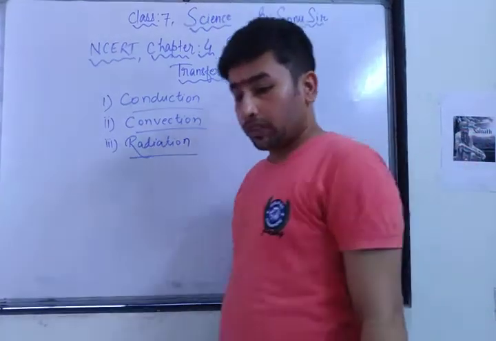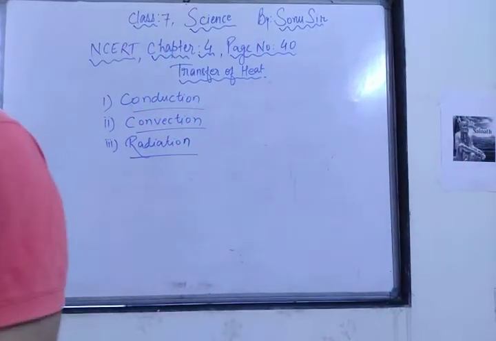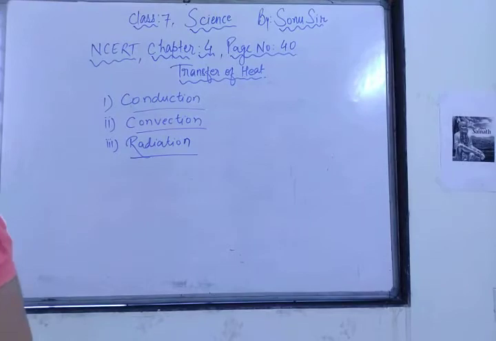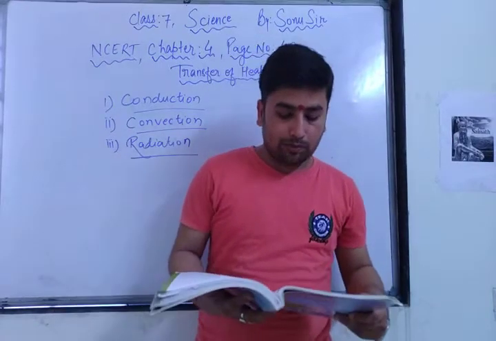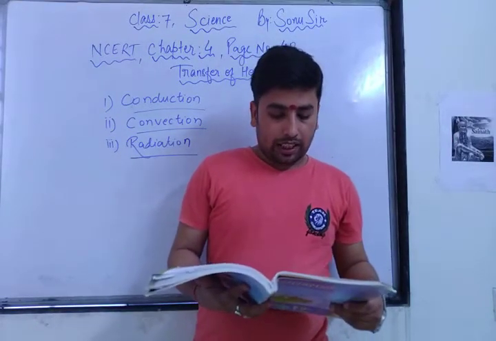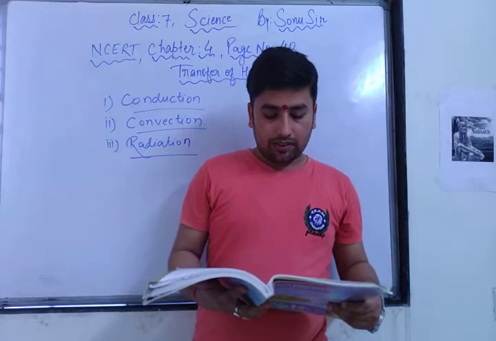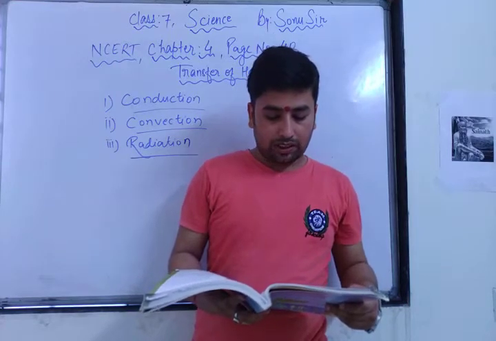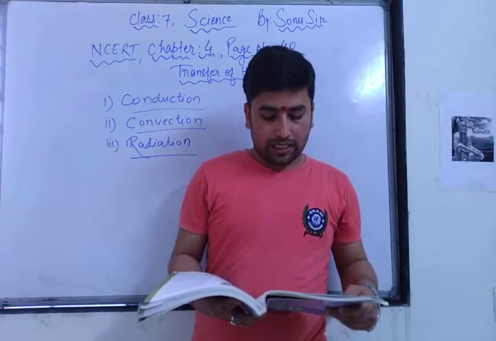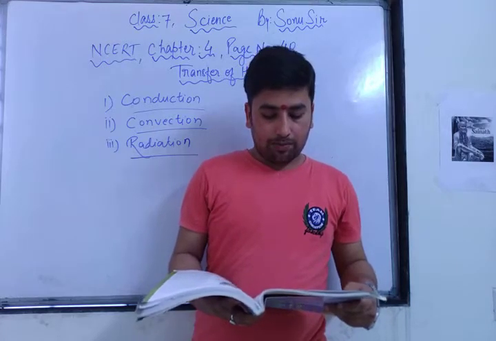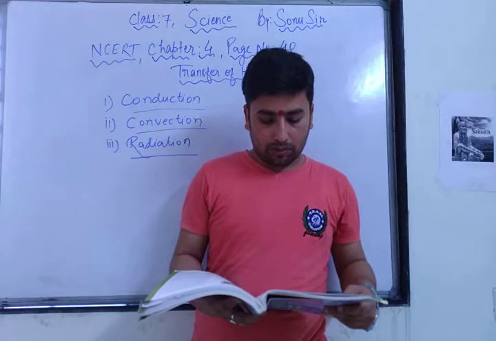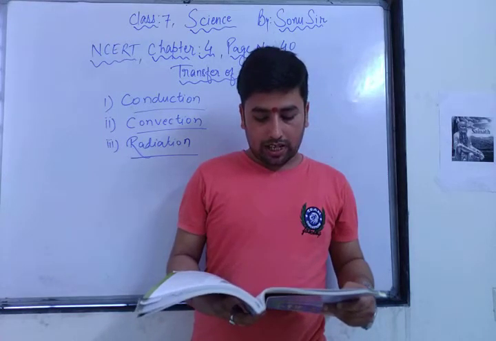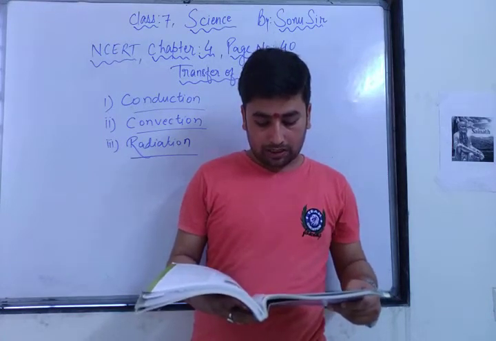As in the previous video also I had explained about conduction, and here in NCERT, on page number 40, it is explained in activity 4.6. Take a rod or flat strip of a metal, say of aluminium or iron. Fix small wax pieces on the rod. These pieces should be at nearly equal distances. Clamp the rod to a stand. If you do not have a stand, you can put one end of the rod between bricks and now heat the other end. You will observe what happens to the wax pieces.